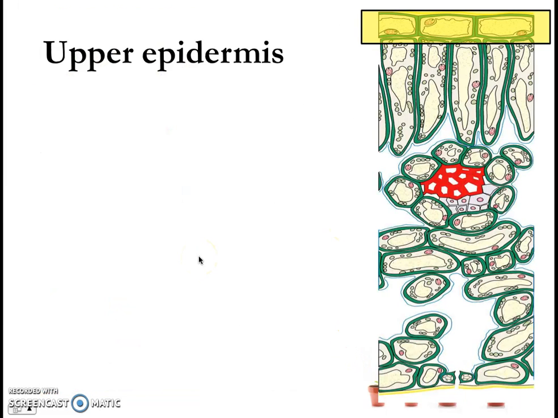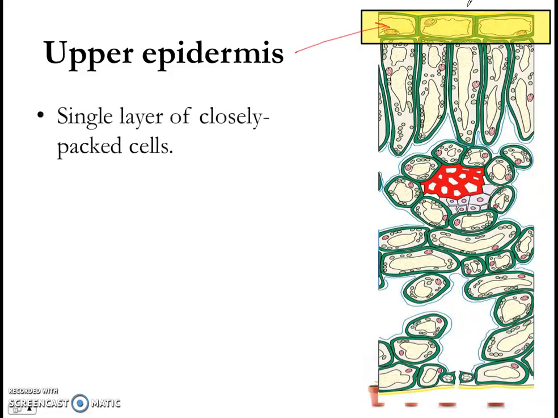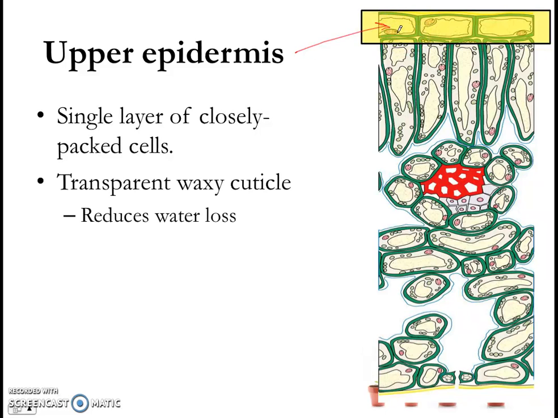So let's begin with the upper epidermis. It is this top layer of cells at the top of the leaf. So if you observe it, what you'll notice is that it is a single layer of closely packed cells, right? Just one layer, and the cells are all very close to one another. And on top of the upper epidermis, you'll find a transparent waxy cuticle, a thin